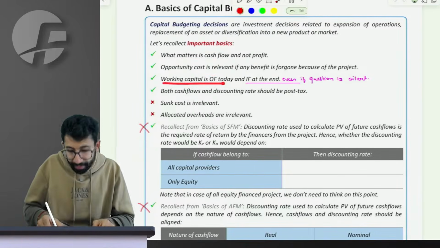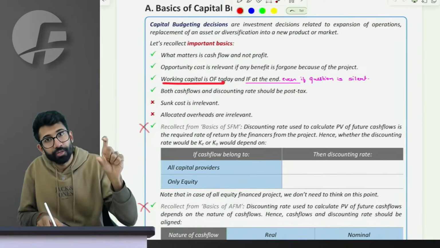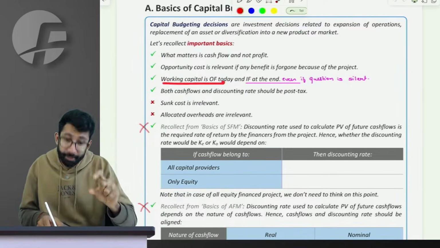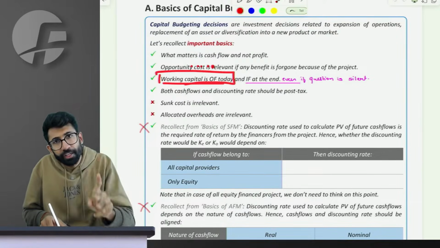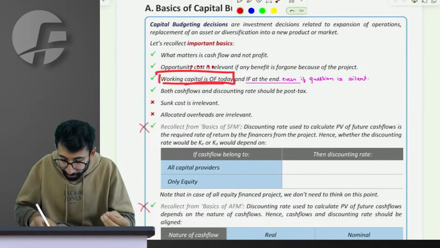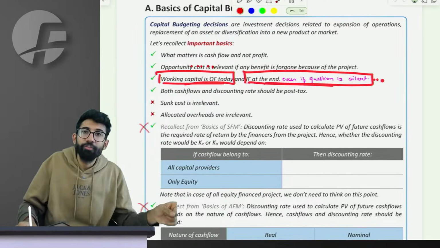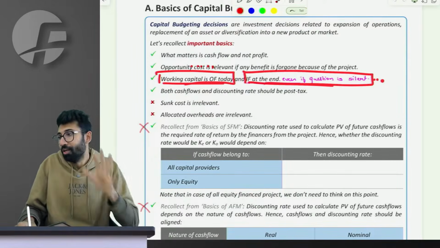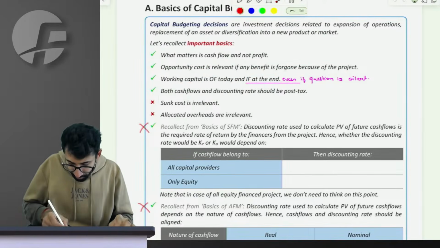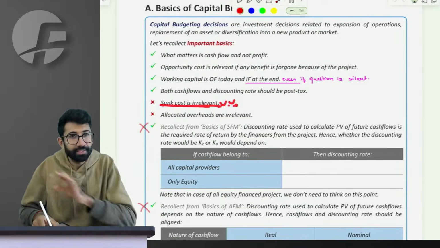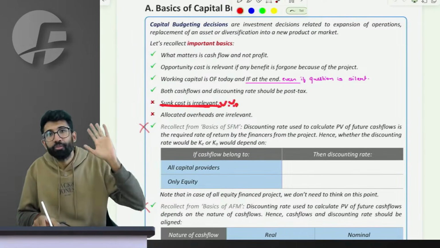Next, you should realize that in the question, whenever you start a project, you will not only require the fixed initial investment, you will also require the working capital. That working capital, which is considered as an outflow today, even if the question is silent, is assumed to be an inflow at the end of the project, whatever is the amount of initial outflow on working capital. Fine. Sunk cost, you should realize, is a dead cost, is not considered for capital budgeting decision. That is something already incurred.